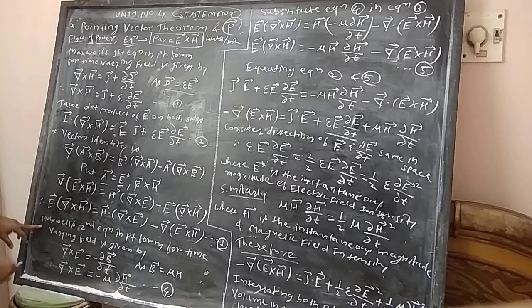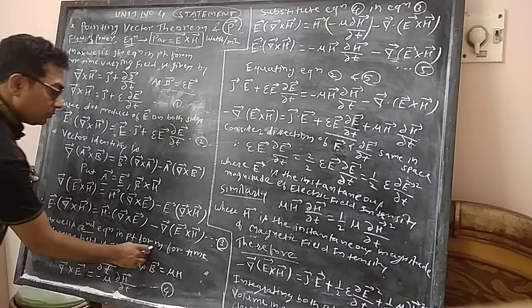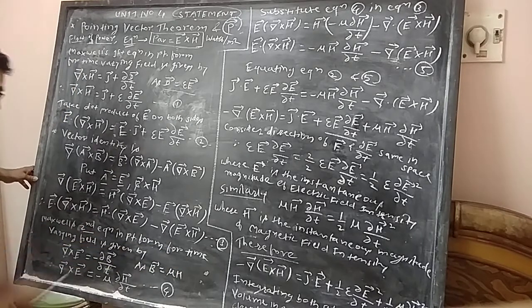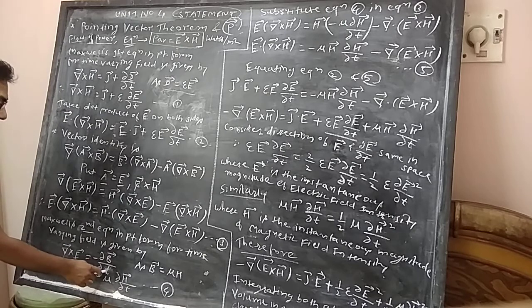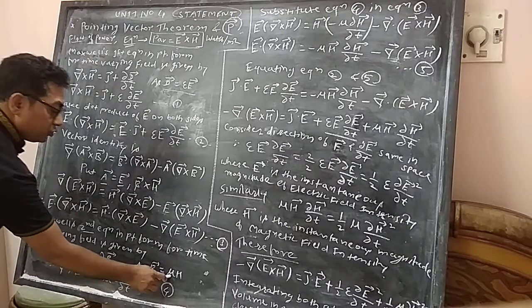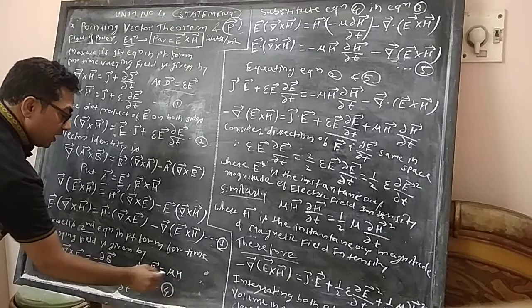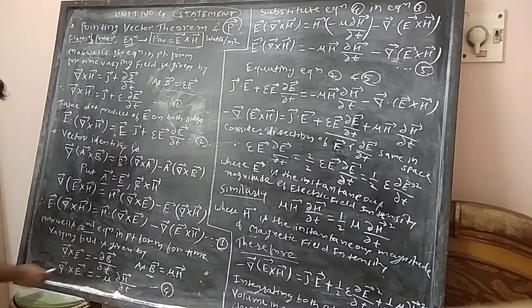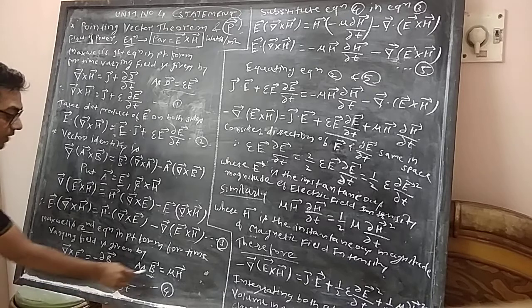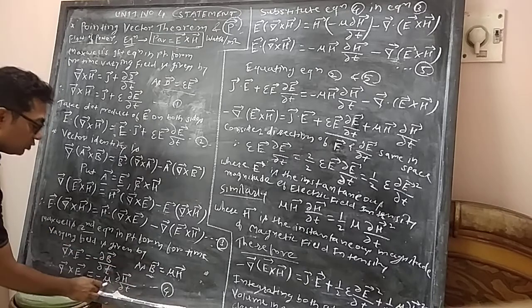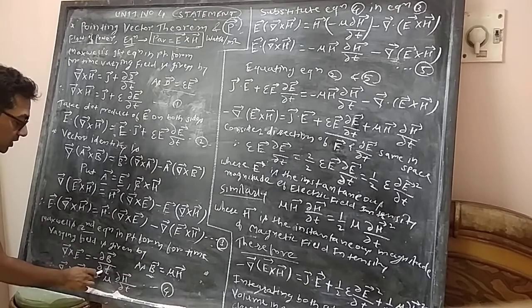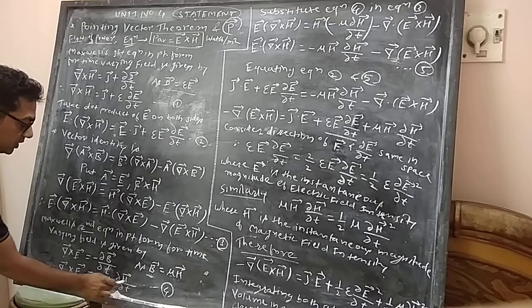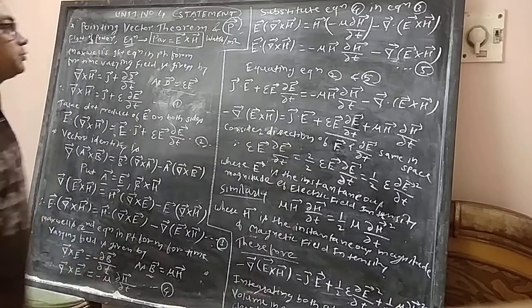Now again we have to take the reference of Maxwell's second equation. So Maxwell's second equation in point form for time varying field is given by del cross E vector equal to minus del B vector divided by del t, as B vector equal to mu into H, as we know that the magnetic flux is related to the magnetic field. So del cross E vector equal to minus mu into del H vector divided by del t. So this is equation number 4.